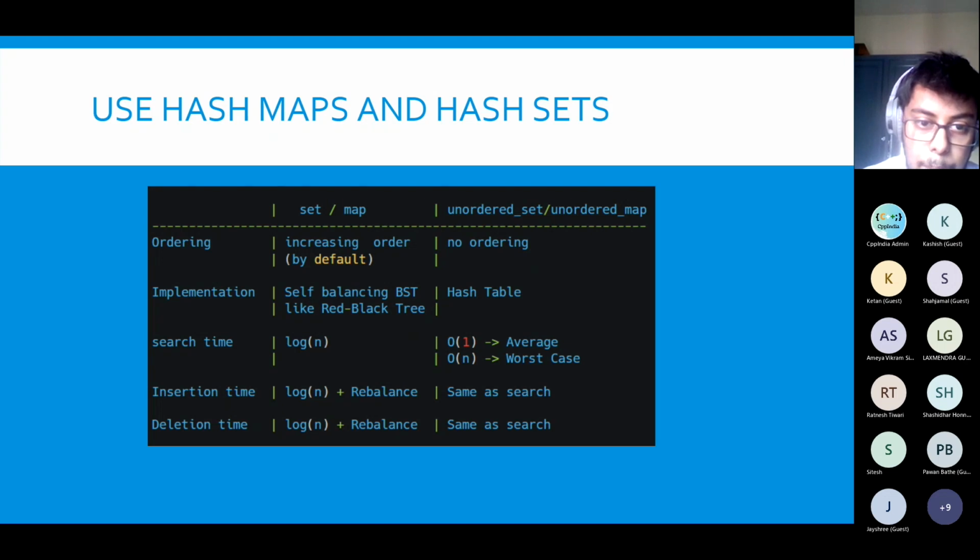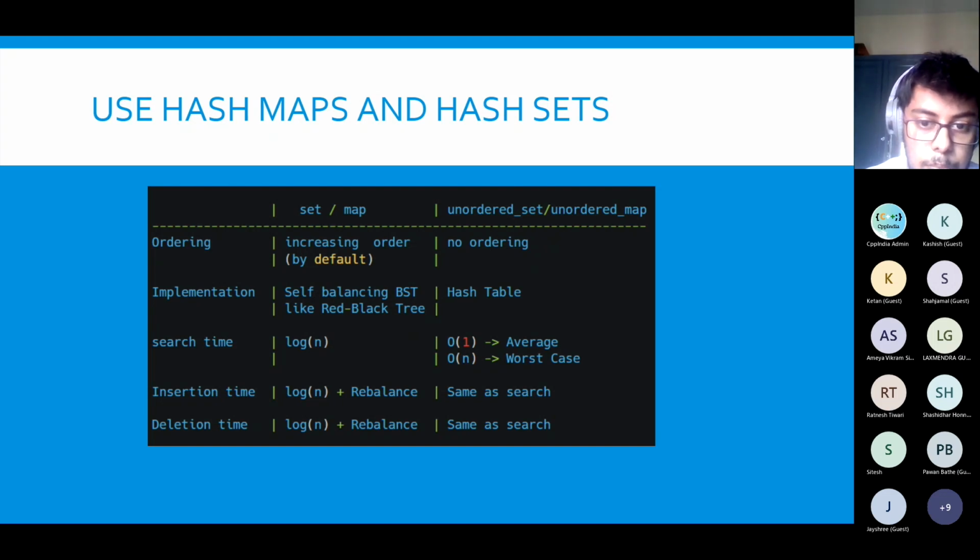A set or a map is actually a self-balancing BST, like a red-black tree, and the operations like search, insert, and delete are log n. But an unordered set or unordered map, as we say in C++, is actually a hash map. And when it is a hash map, all of these things are just O(1) on average.